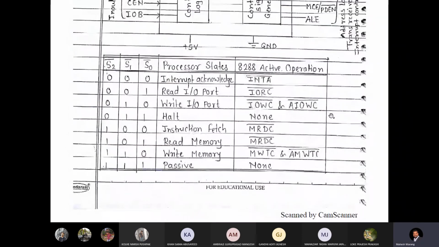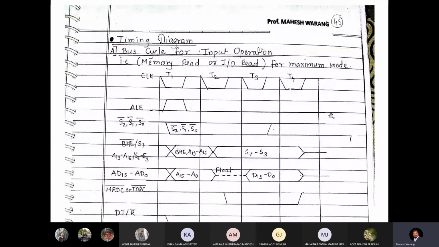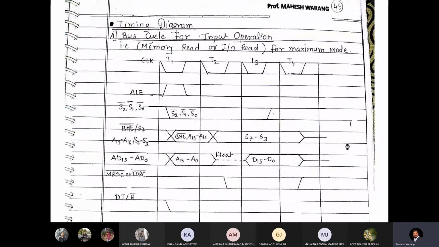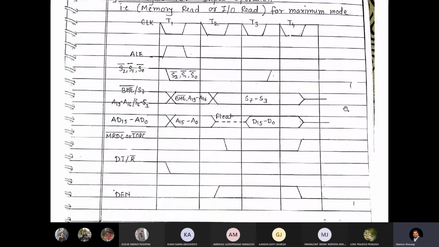सो दिस इज फॉर मिनिमम मोड। नाउ वी विल सी फॉर अ मैक्सिमम मोड। अब मैक्सिमम मोड में जो सिग्नल चेंज है, बाकी कुछ नहीं है, बिकॉज वो सिग्नल्स 8288 से आते हैं। लेट्स सी मैक्सिमम मोड में देखो चेंजेस क्या, सिंपल है। रीड मोड, मैक्सिमम मोड में रीड वी आर सीइंग, ठीक है, मेमोरी रीड एंड IO रीड एक साथ में मैक्सिमम मोड में। आई होप यू आर गेटिंग इट, ठीक है। तो ये क्लॉक 8288 से, ठीक है। उसके बाद ALE हाई रहेगा। कीप इन माइंड ALE दिया किसने? बस कंट्रोलर 8288 ने दी है, ठीक है।